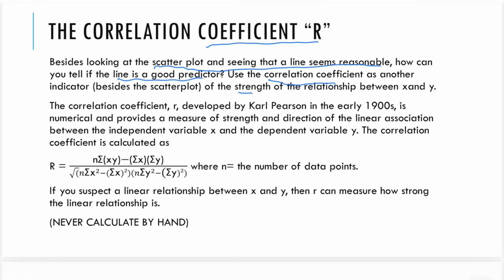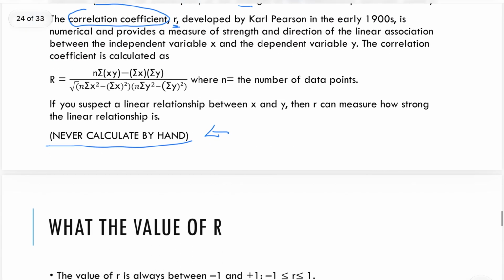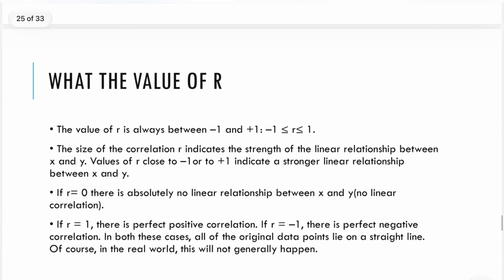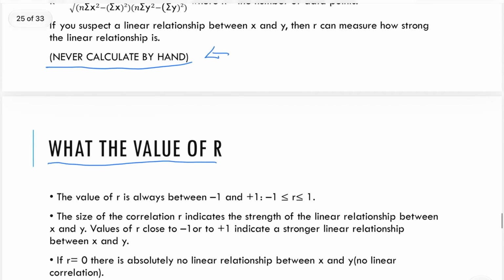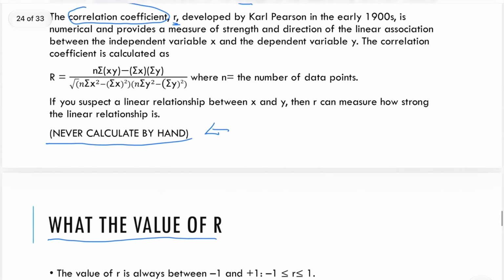It's R. And we'll take a look at calculating. We don't need to do this by hand. We suggest never to do it like that. There's a tool we can use. But the important thing about the correlation coefficient